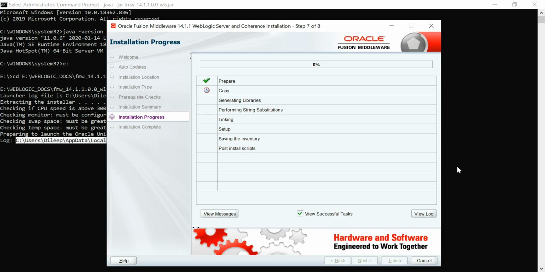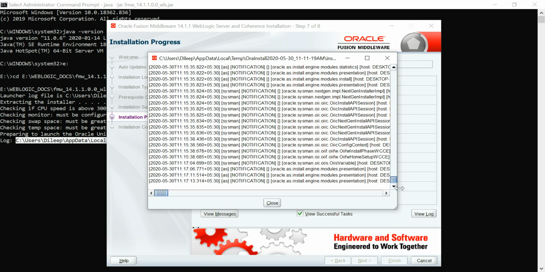It will take some time to copy the files. This is the log file.